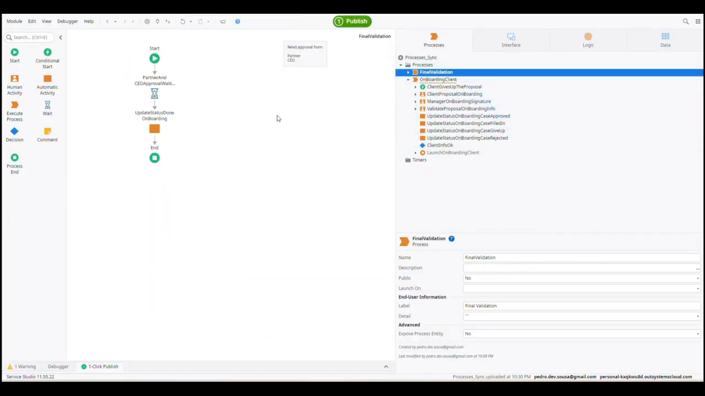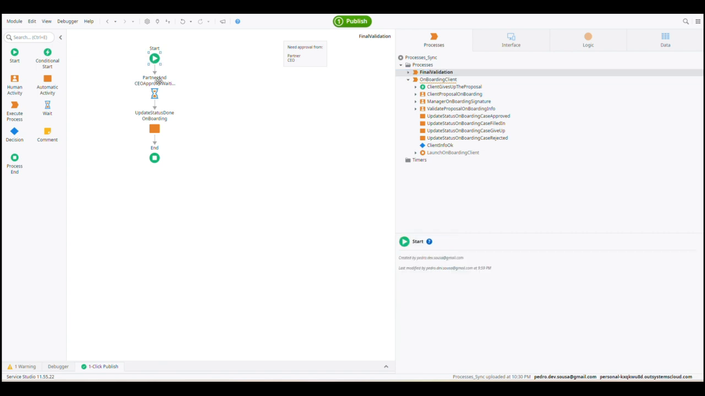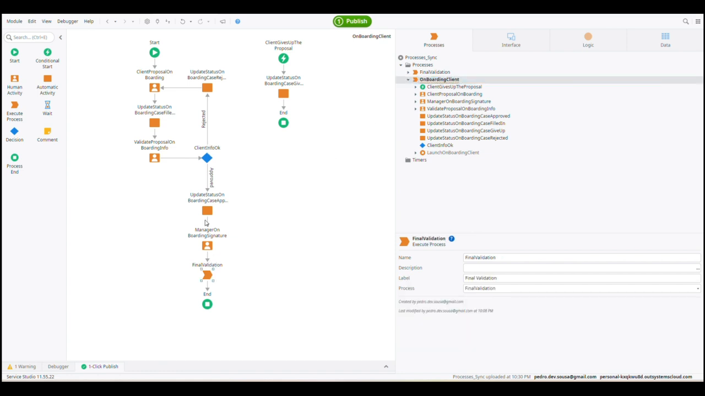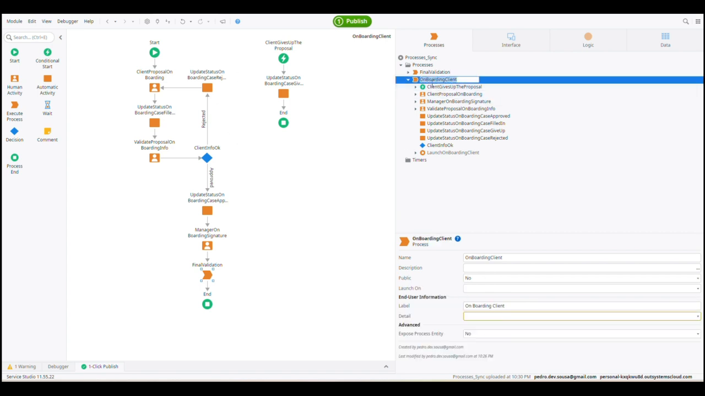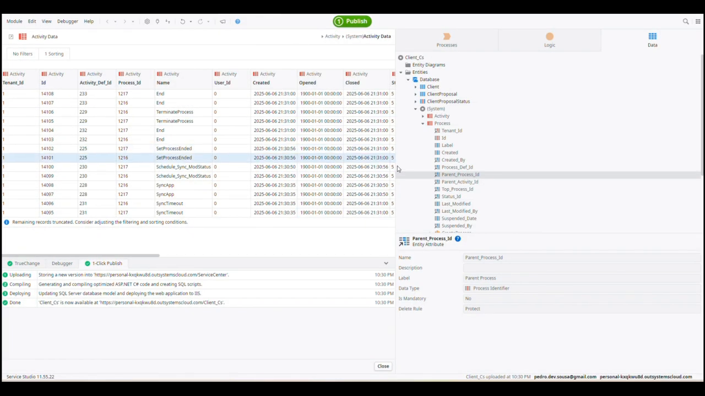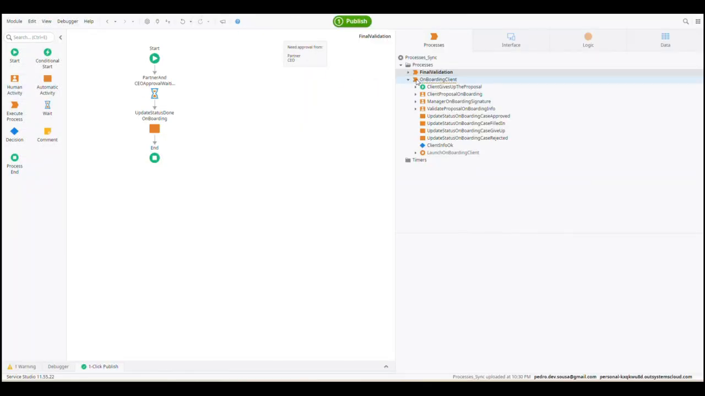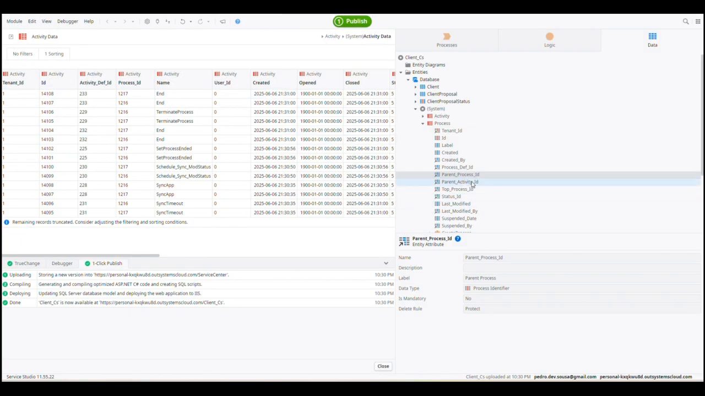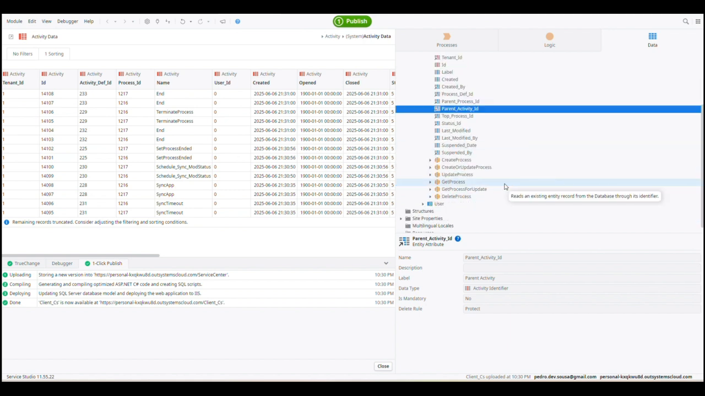So imagine that we are on the final validation. If we run this, the process will have a parent ID, which is the onboarding client, because this process only runs, at least for now, inside this parent. Let's say the father is this process. So we have the father, which is the parent onboarding client, and the child is the final validation. So in this case, we're going to have a parent process ID for this one, but for this one, we're not going to have that. It will be empty. Also, we have the parent activity ID. It works something like that,